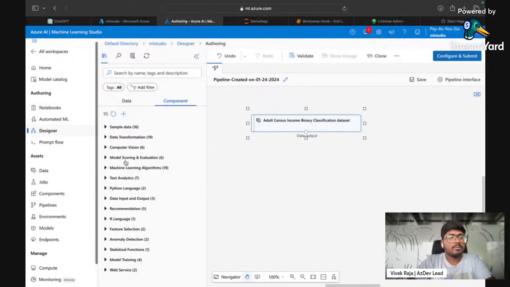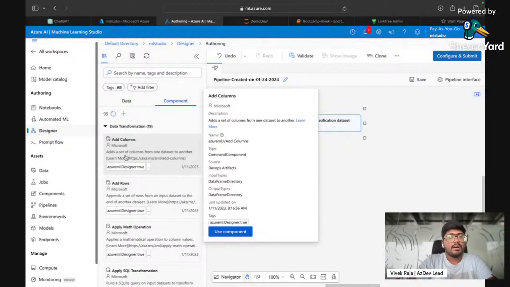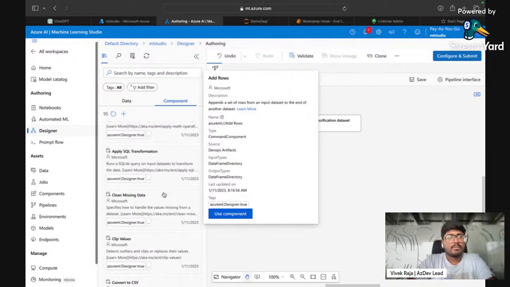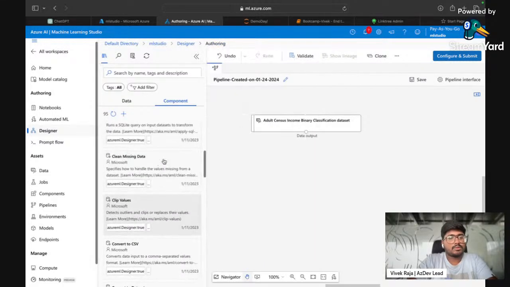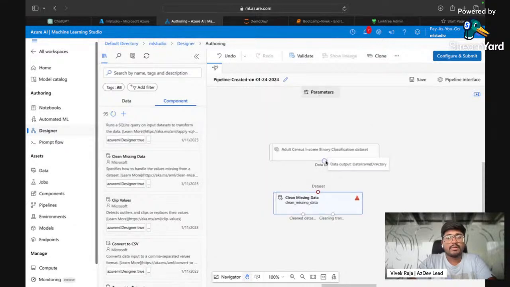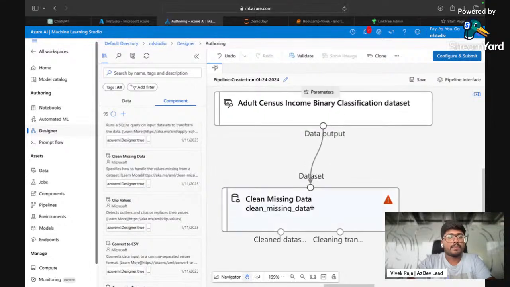The next thing we are going to do is add some transformations, that is, how to manipulate your dataset. A few things are there to clean your dataset. That is something here. All you have to do is connect your dataset to the other pipeline. I mean, I want the dataset to be clean, so I click the data output and connect it with a pipe. I can zoom in and show you guys as well. So you just click like this.